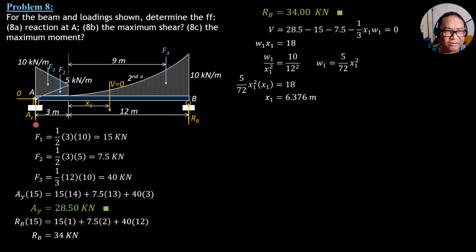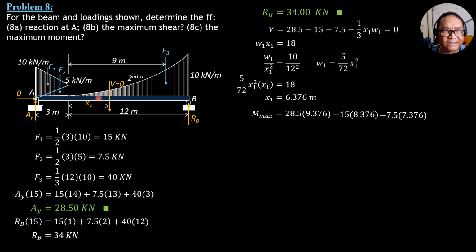So Mmax is equal to Ay times 3 plus x1, which is 9.376. So 28.5 times 9.376. Then minus F1, which is 15, and the moment arm is 9.376 minus 1, so that's 8.376, minus 15 times 8.376. Minus F2, 7.5, then we subtract again 1, so minus 7.5 times 7.376, then finally minus the area of